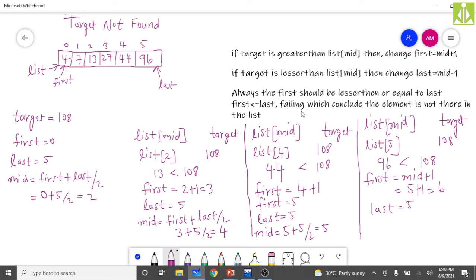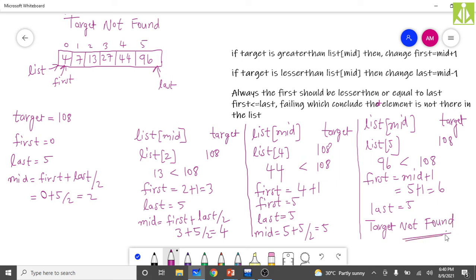Failing that, conclude that the element is not there in the list. So how can we conclude? Target not found, because the first value is going beyond the last value. This is the target not found case.